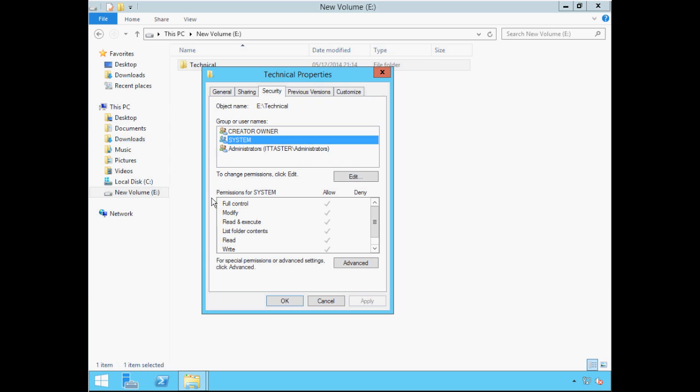And we can also see the permissions assigned to them, which determine the level of access they have to the Technical folder. If we click the IT Taster Administrators group, we can see we have write permission, read permission, list folder contents, pretty much everything assigned. But don't worry too much about the actual permissions for now, we'll cover those shortly.